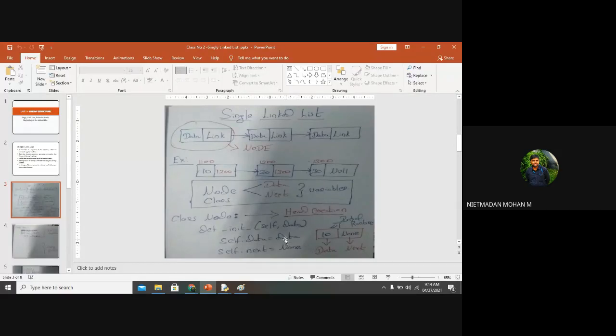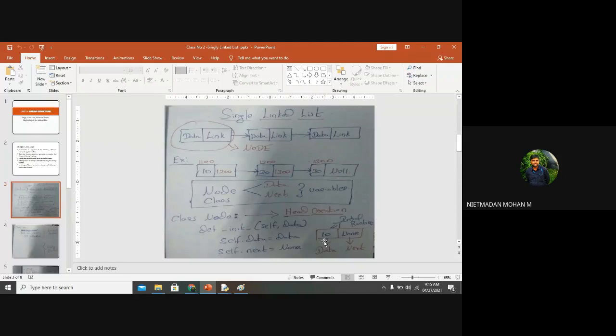After receiving those things, it will come under the display function. Here you can see, after creation of the class node, the first data, whatever I am giving over here, 10, will be represented in data, and the next node will be none. I am not giving any data. First input is 10, so 10 will be represented as data, and the next node will consist of none. It means that the list has been created, the linked list has not been created. This is known as the initial runtime, that is the first runtime, first input. How do you get that? The first input status will be like this.